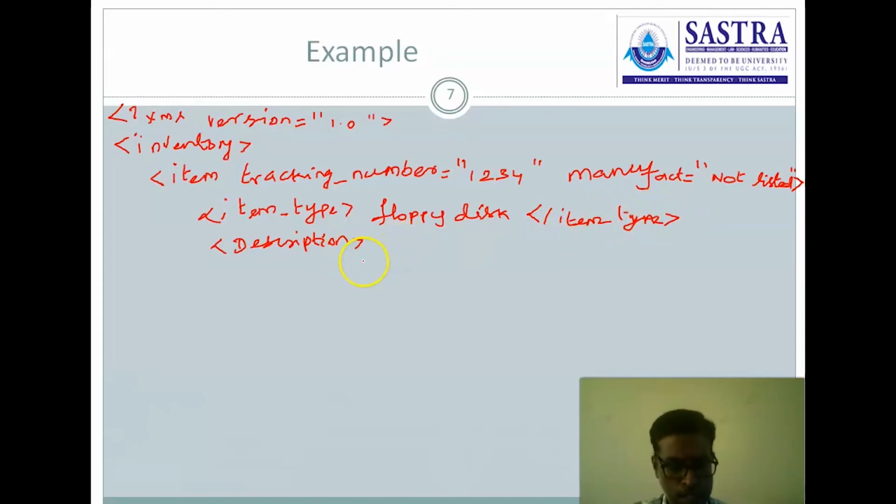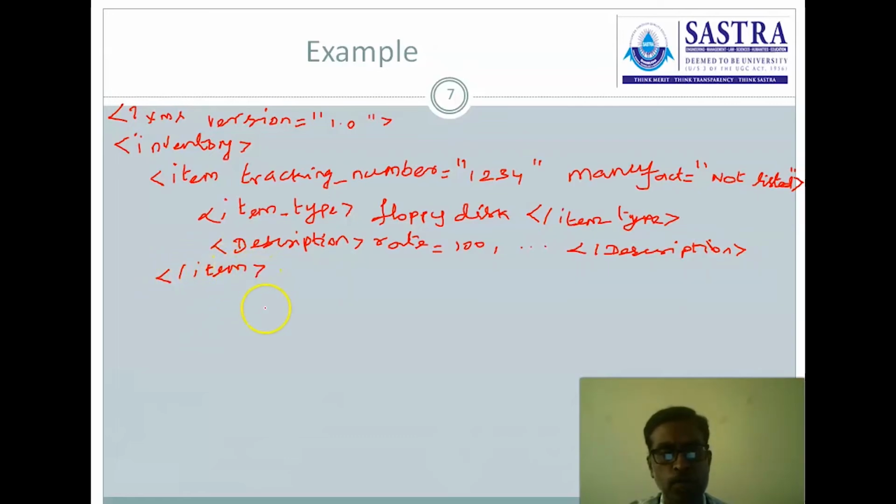And then in description, what is the rate? Let us say we can specify rate equal to some 100, comma, and other specification. If you want, you can include that specification, and slash description, and then close this, close the item. And then the next element, next item we are going to include, item